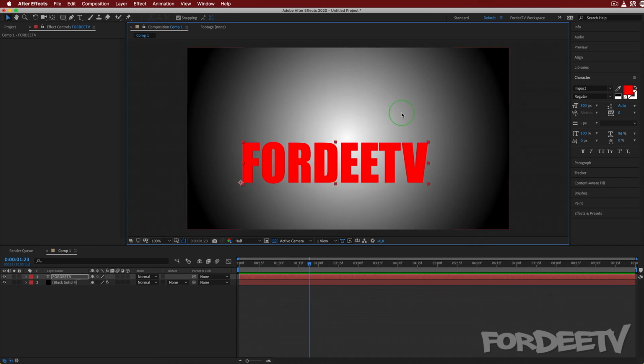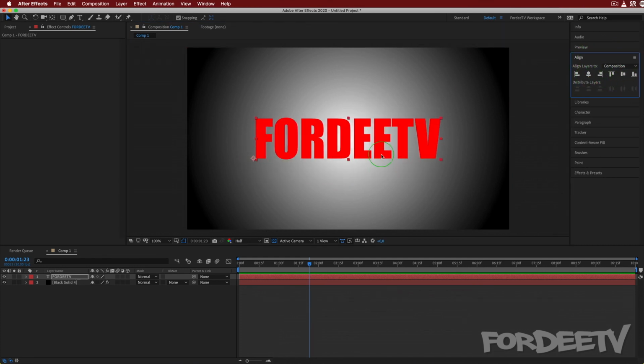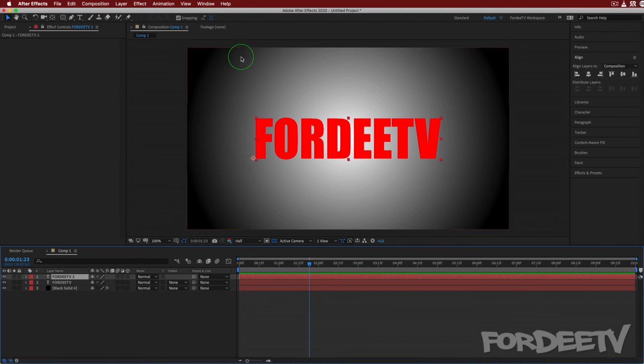Now, if I wanted to reposition this, right, there is an align pane over here. If I click on it, select to align this both vertically and horizontally, it's now in the center. Perfect. This works well for what it does, right? Next, let's say that I want to do something really cool here. I'll select this layer. I'll press Command D on my keyboard, and we will have a stroke and an outline